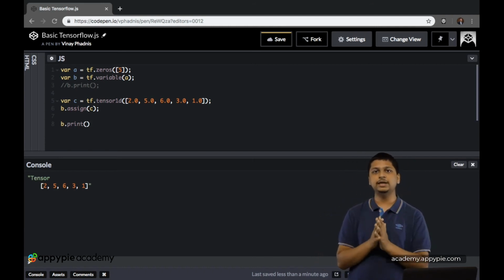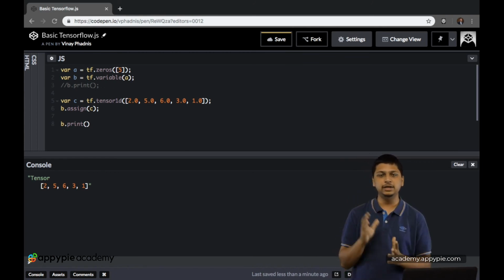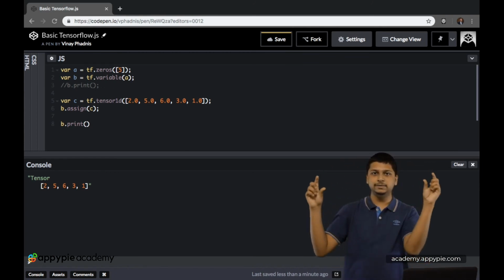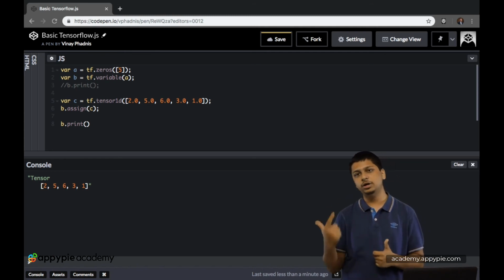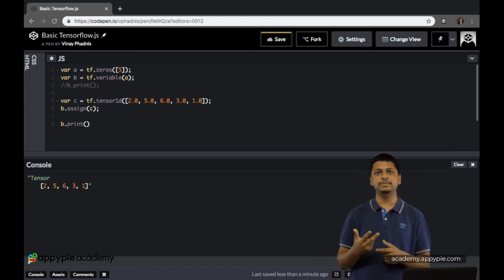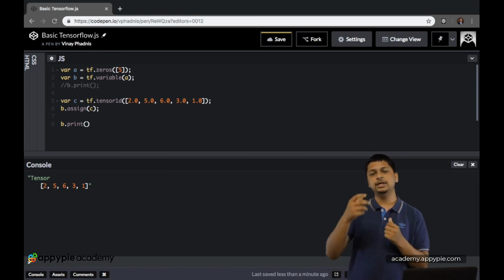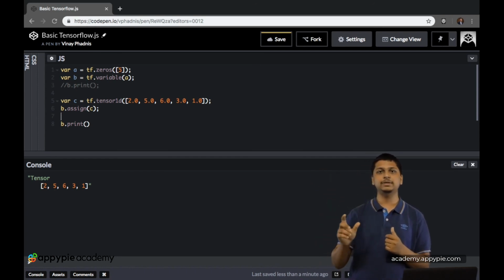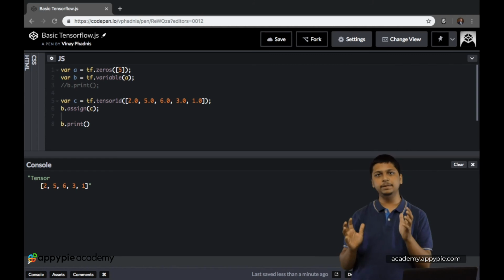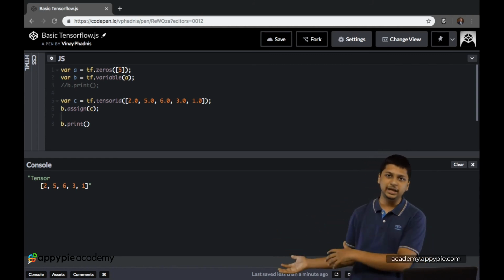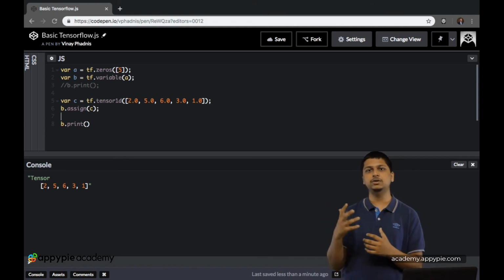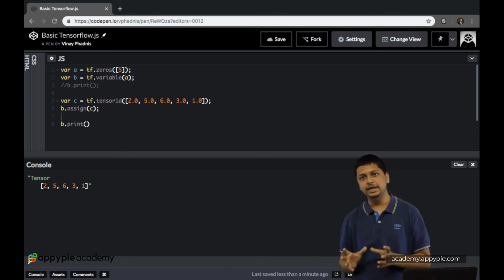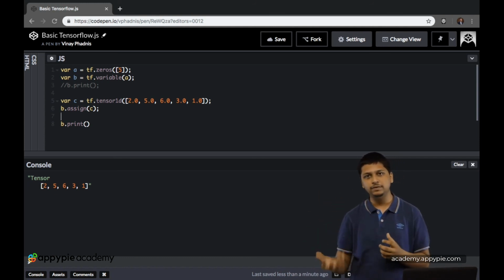So now let's recollect what we did up till now. At the very first stage we initialized TensorFlow.zeros, then we created a new TensorFlow.variable, and then we passed in the values of the zeros to the variable so that we have an initial shape of a tensor created as a variable, and then we assigned a new tensor value onto the created variable, and then we printed out the particular variable.